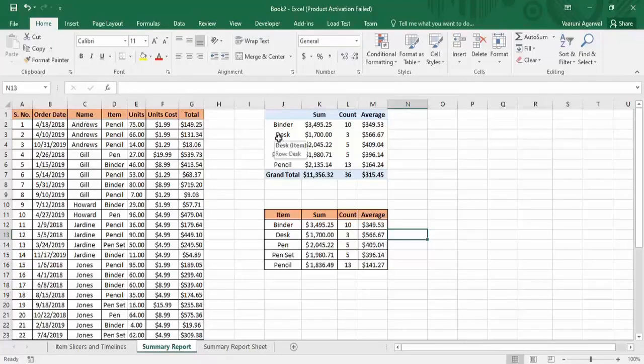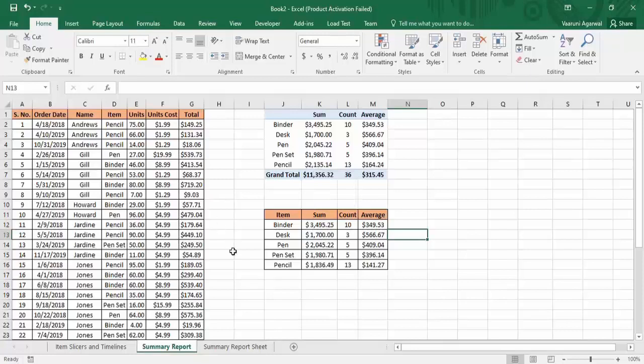So this is about the summary report, and there are two ways to create a summary report in Microsoft Excel. What are these two ways? One is through a pivot table, which is the simple way, and the other is somewhat lengthy, but it is used if you have no knowledge of the pivot table or if there are some constraints. This first table is constructed with the help of the pivot table, and this table is constructed without the pivot table. We have used the SUMIF, COUNTIF and AVERAGE functions over here, but here we do not need to use them. We have used the pivot table over here. Let's see how we can create it.